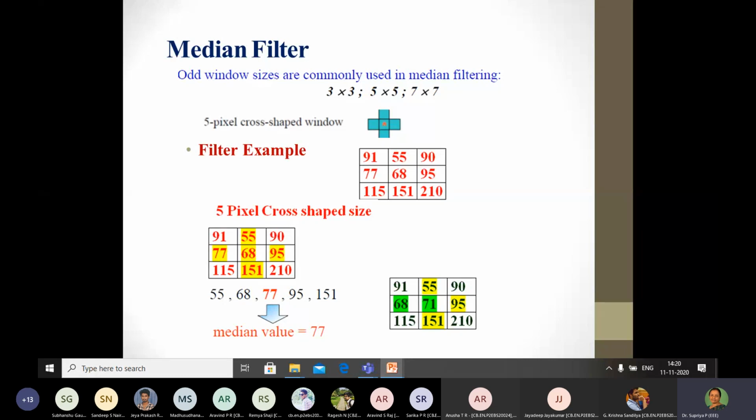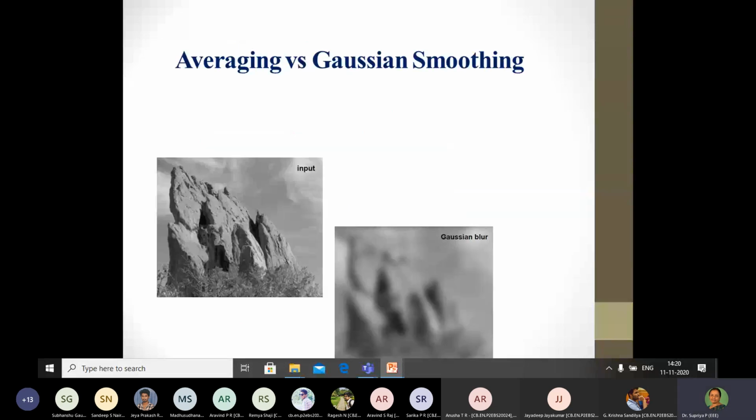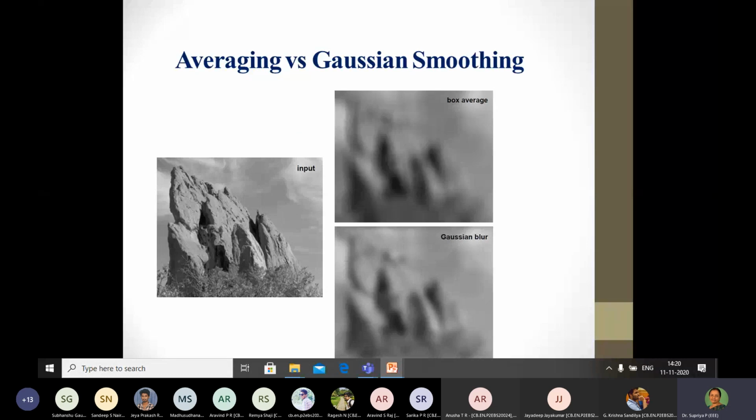It takes only the values in the center ridge. It is because of this reason that we prefer to work on odd shapes, because if it is an even shape, suppose it was 4 by 4, we will have to consider 2 rows, etc., which will make the situation more difficult. The Gaussian output is also shown here, where we can see that in this particular case, the average filter seems to be giving a better result than the Gaussian.